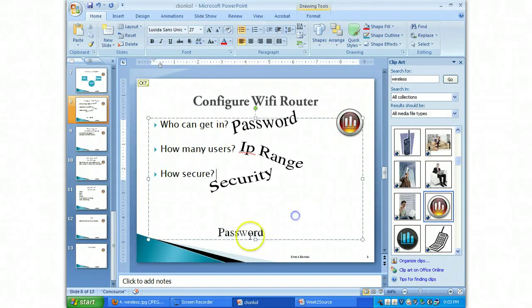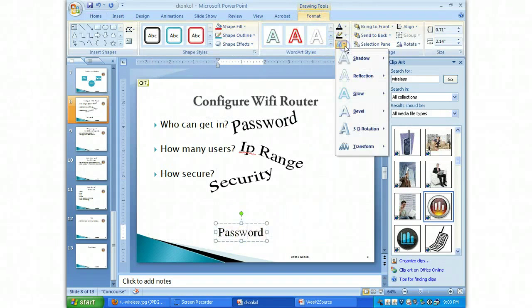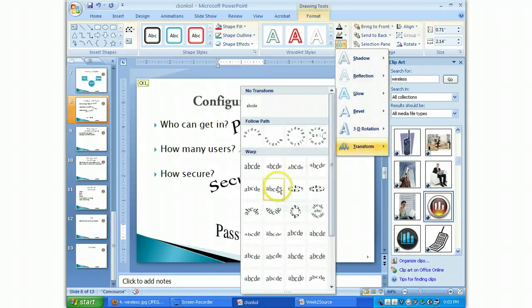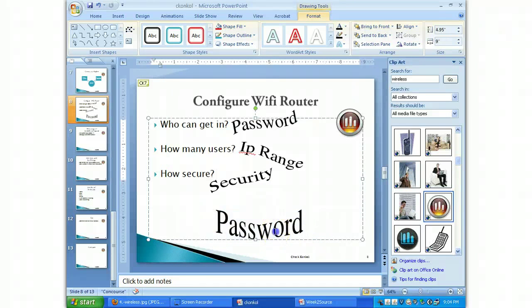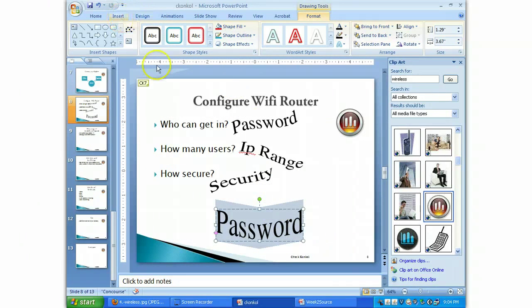Okay. Then format, transform. I'll do this one here. Now notice when I resize a word now, once a transform has been applied, when you do a transform on a text box, what it actually does is it converts that into an image type basically, to where you can resize it to whatever. But you can also apply different fonts as well. And then this little circle, you left click, and notice how it turns to a whole bunch of circles like this. Notice what's happening now. So as I move my mouse,